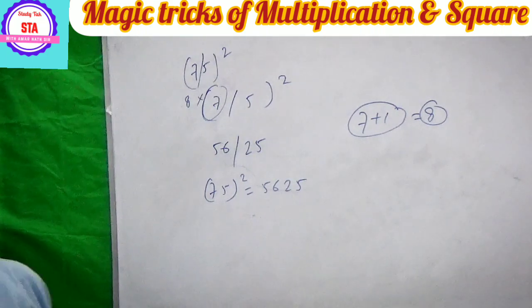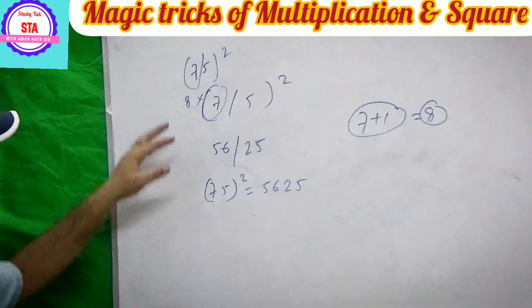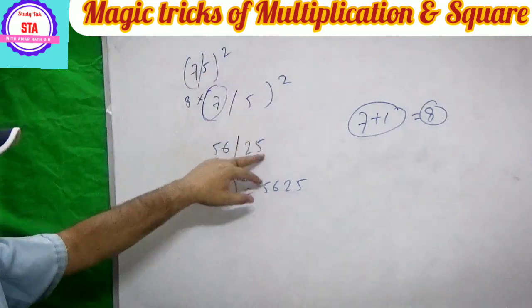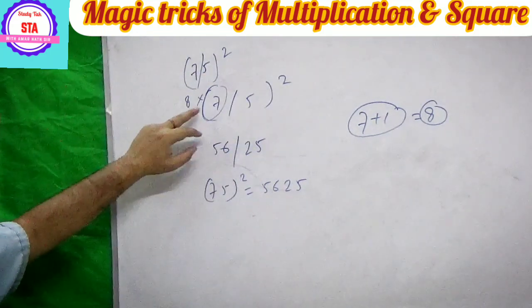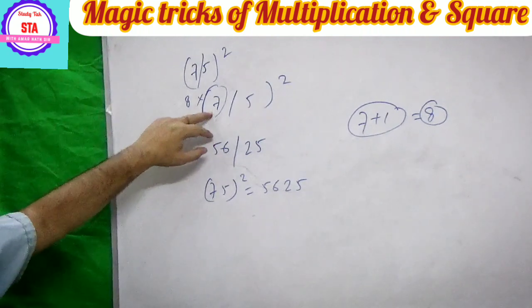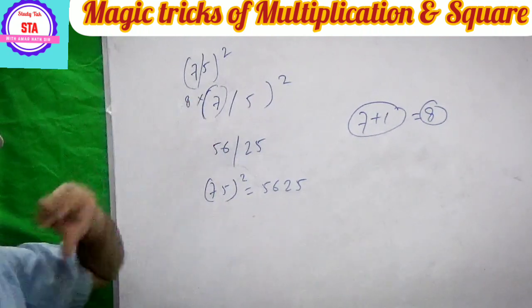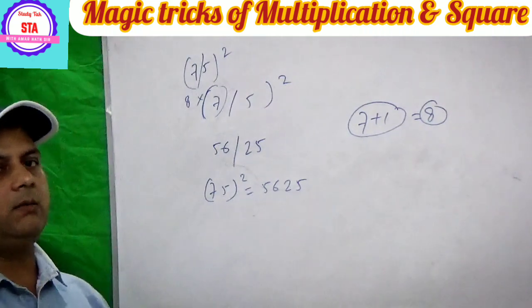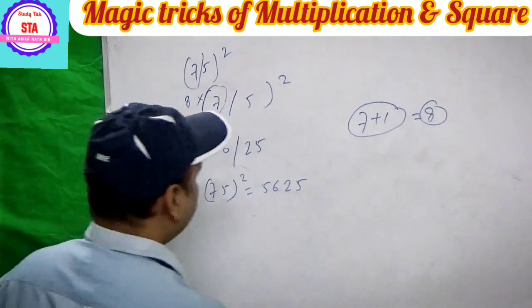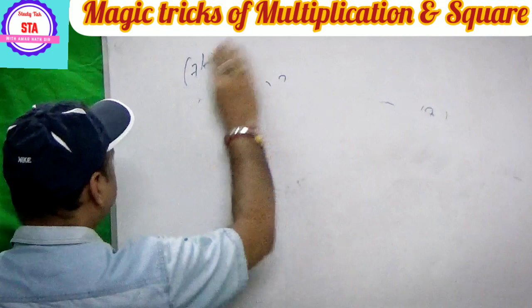5625. Okay? क्या करना है आपको? Write down the square of 5, that is 25, and multiply the number above by one more than itself. इस नंबर को इसी से इंक्रीज करना है और इसी से मल्टीप्लाई करना है, सेम नंबर से. ठीक है? One more example.